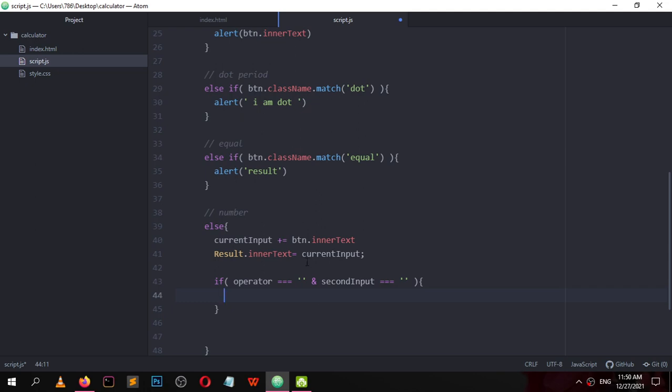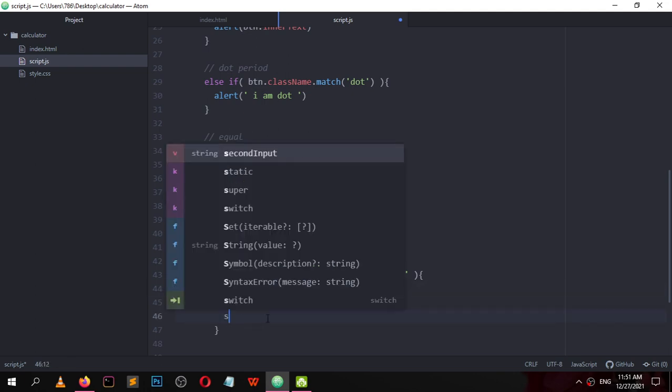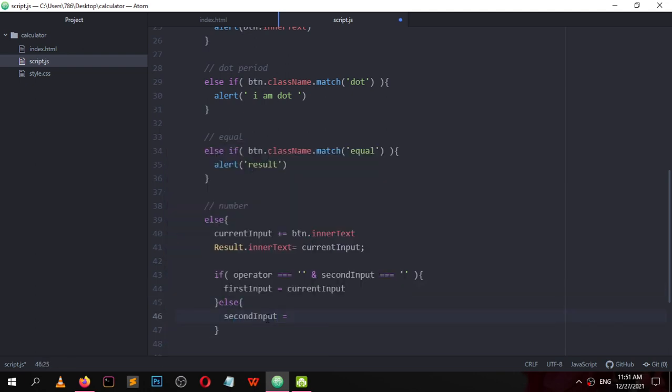So we are going to set first input equal current input, else we are updating second input equal current input.